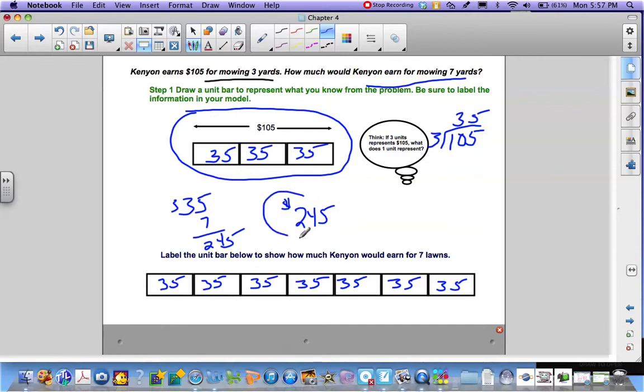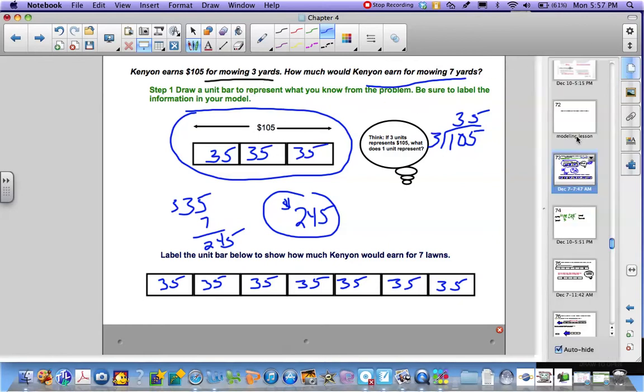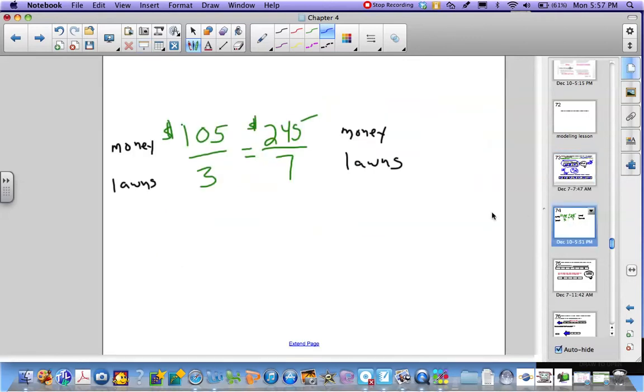Okay, so make sure you label everything. Okay, read the problem carefully, make sure your answer makes sense, and then the last thing you can always do is use equivalent ratios to check your answer. Okay, I found out that Kenyon made $105 for mowing 3 lawns, and I'm thinking for my unit bar that's equivalent to $245 to 7